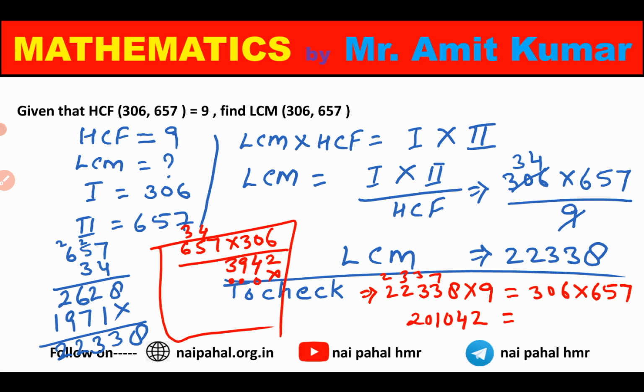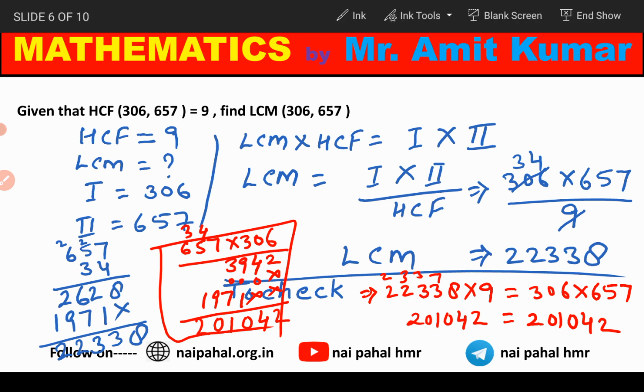The same thing, zeros. And now multiplied by 3. 3 7s are 21, 1. 3 5s are 15 to 17. 3 6s are 18, 1, 19. Let's add them. 2 4 0 7 4 11, 0 and carry 2. 2 0 1 0 4 2. Yes, now it is correct. In this way we have got the correct LCM. Let's move on to the next.